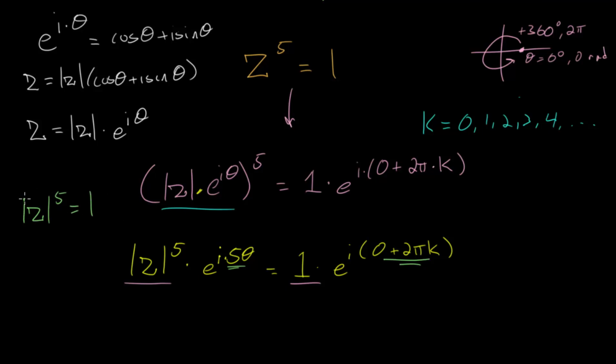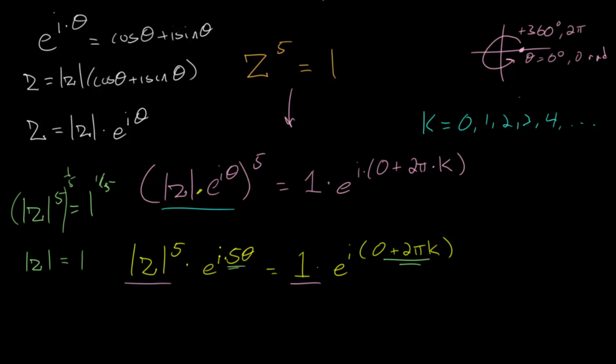Since if we solve this equation, if we raise each side to the 1/5 power, we will get the magnitude of z on the left, since 5 times 1/5 is just 1, and 1 to the 1/5 power, or 1 to any power, is 1. So the magnitude of each of our 5 solutions will be 1, and we just need to focus on the